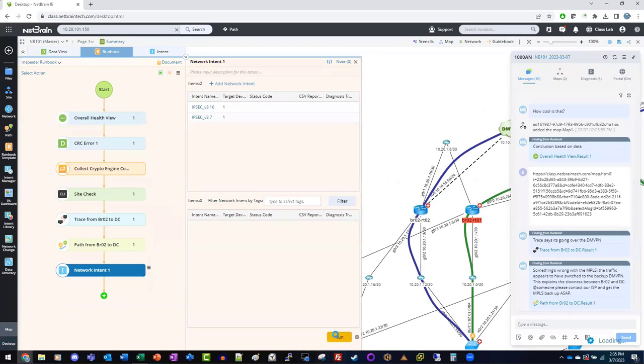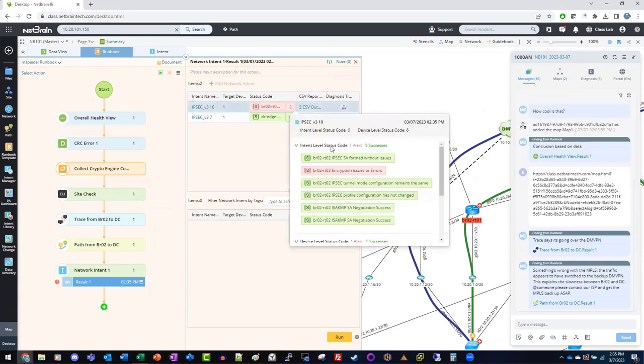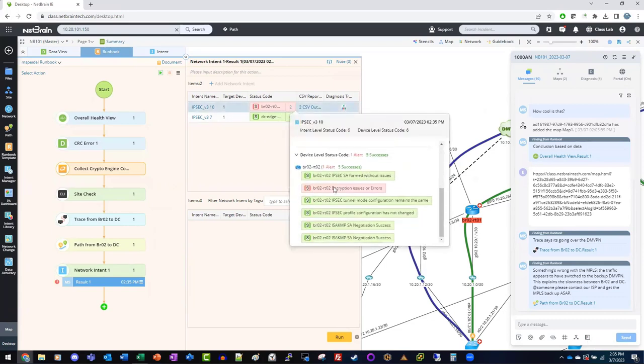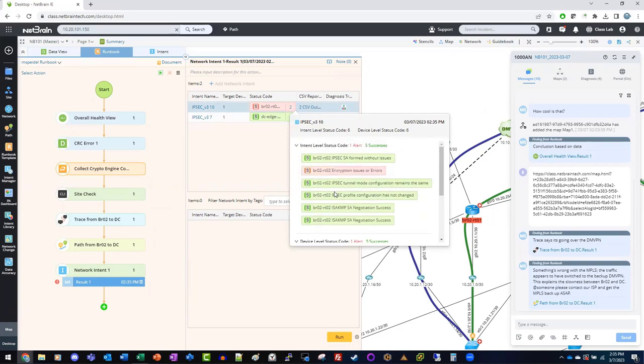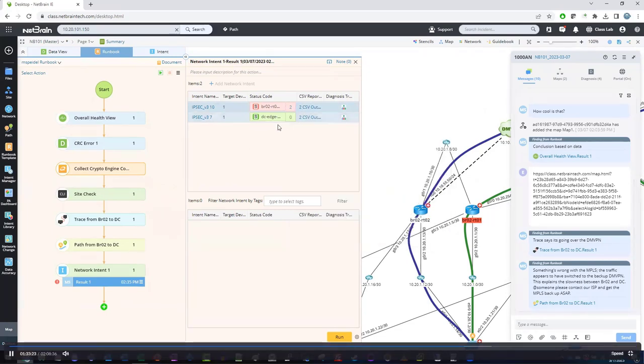Okay, and then when I run this, it'll show me red flag, green flag, what's going on, or at least it's supposed to. Yep. Okay, so on one device we have two instances of encryption issues or errors. And on